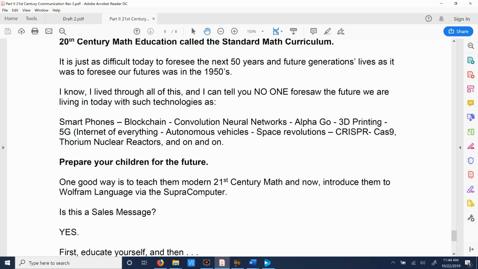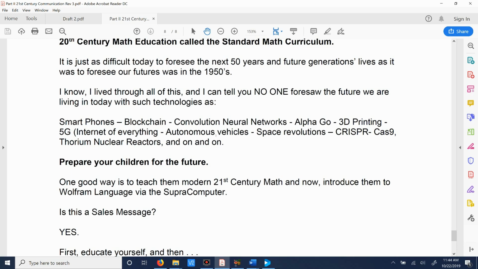In terms of internet communication, 5G is coming. We're on 4G today in this country, but 5G is coming. And that really is the internet of everything. Everything's going to be hooked to the internet. Autonomous vehicles, just look at what Tesla's doing. And now all the other companies are trying to follow along behind them. And they're way behind